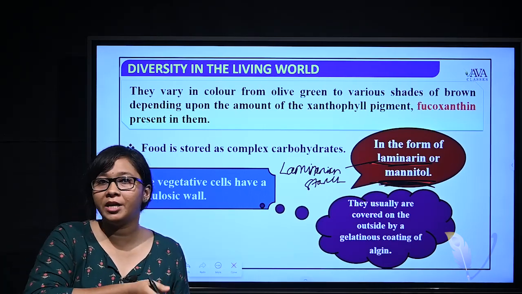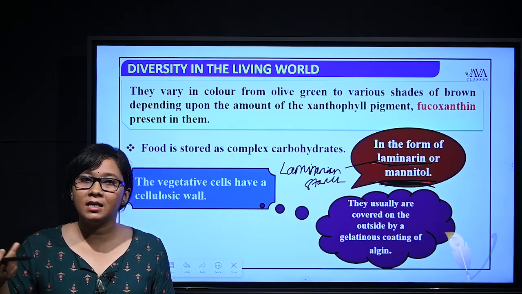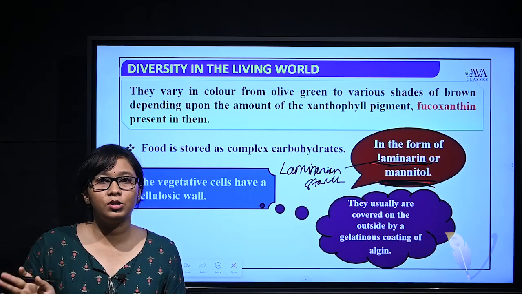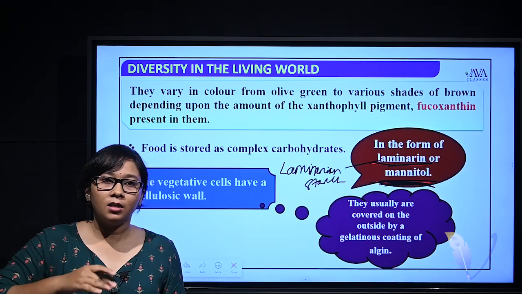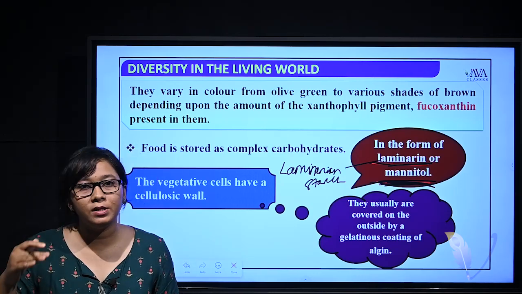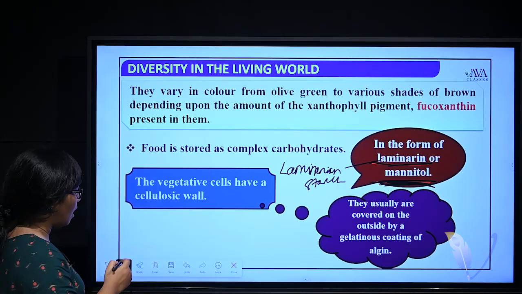Apart from that, from green algae to red algae to brown algae, some extra components are present in their cell wall which differ among those algae. So in green algae you studied that in the inner wall we see cellulose, in the outer wall we see pectin. So in brown algae,